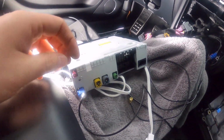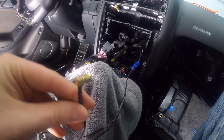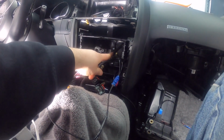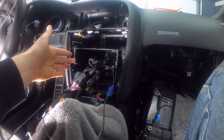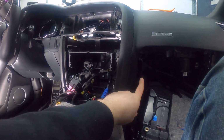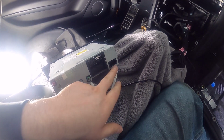and that's it. So you do that, and then you'll take the silver part of it, and you're going to want to now route it. Take this in here and route it from here, pretty much just how we did the main harness. Route it along the same way that we did back here, up here, and you're going to want to put it up here. You want to reconnect your